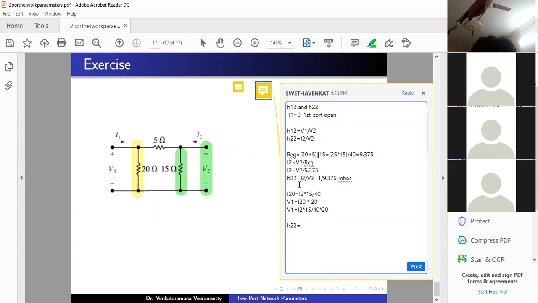What do you have to calculate? H22 is already calculated, right? We need to calculate H12. Sorry, we need to calculate H12, right? So H12 is equal to